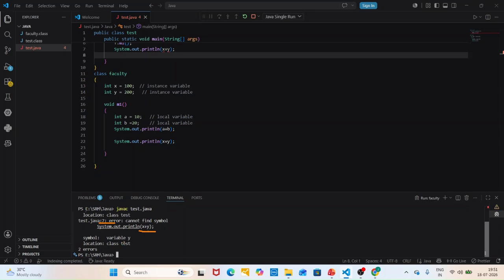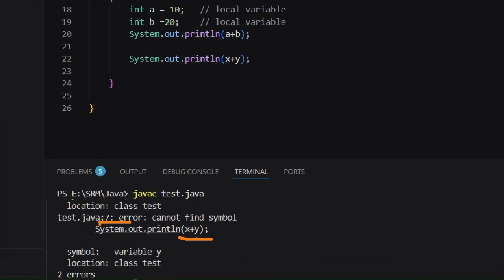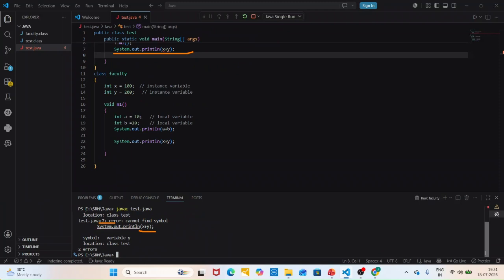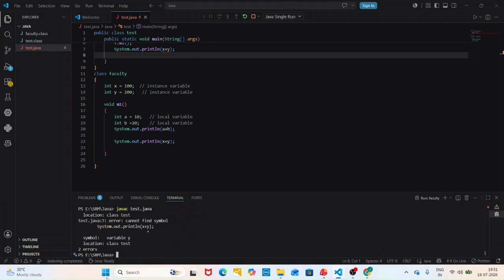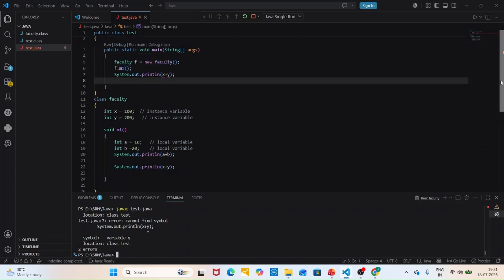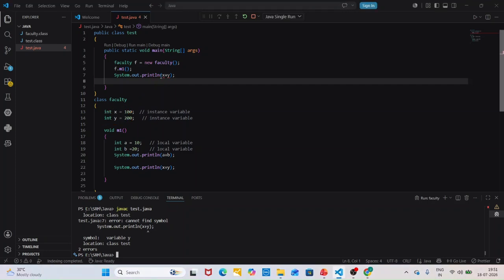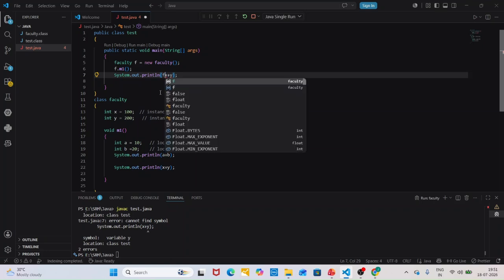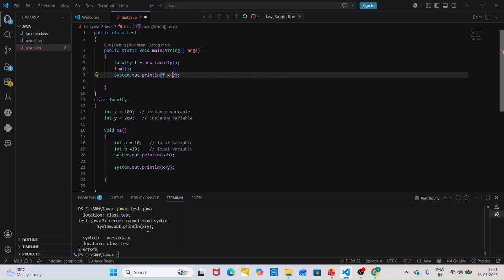Cannot find symbol x plus y. See, line number 7 is this part. It can't accept this part. That is why it's showing an error. Got it? Because we are trying to access the instance variable directly in a static area. There is a problem. So if you access with the help of the object, f dot x, f dot y,